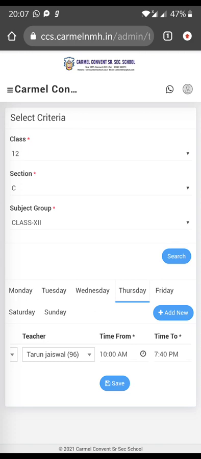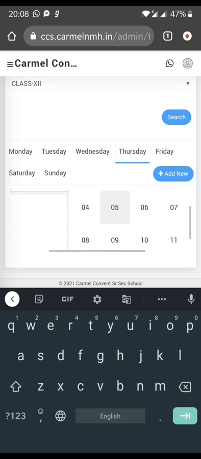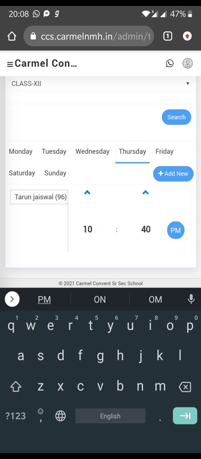Same for the end time, from 10 AM. You can see 10 AM. Now for the second time, click on this 7:40 PM, whatever is there. It will be blank for you because I already filled it, that's why it is showing. Now here I will click, then I will select 10 and 40, 10:40, and PM will be AM.